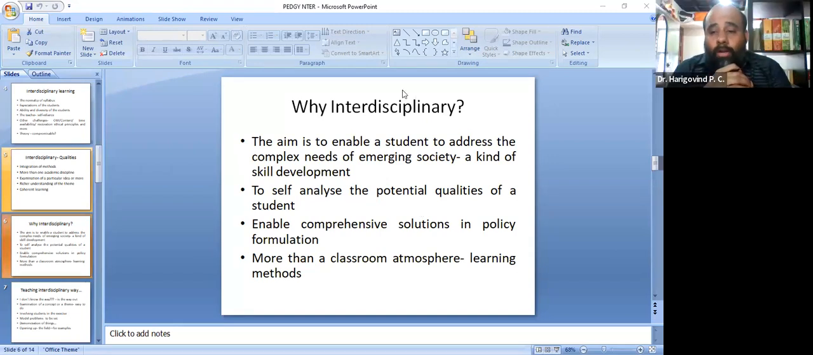I think there is only one response to that. Anyway, expanding the scope of learning is obviously one of the evident reasons. I will try to say that the best aim is to enable a student to address the complex needs of the emerging society. You can see most of, even in the case of professionals, most of the students